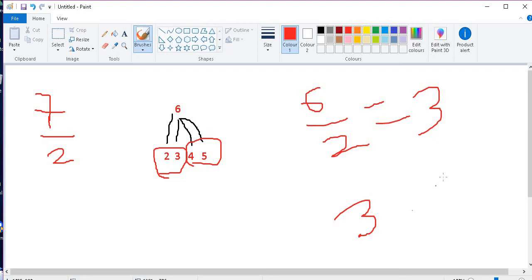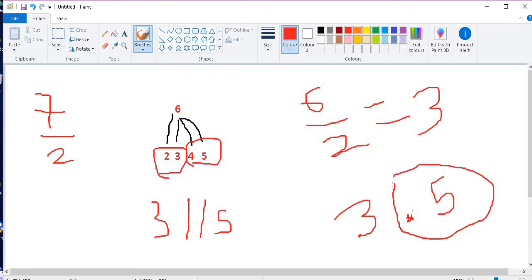How can it be 3.5? So we are going to use this double division symbol, which removes this part. Our value becomes 3 if you use this double division symbol.